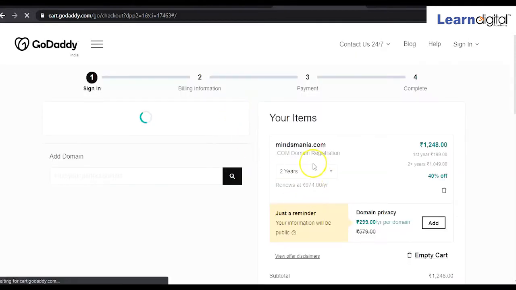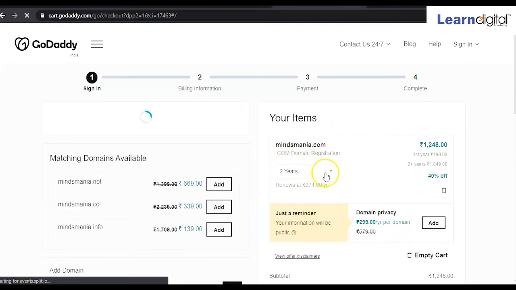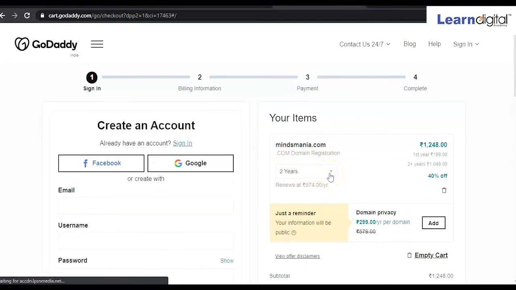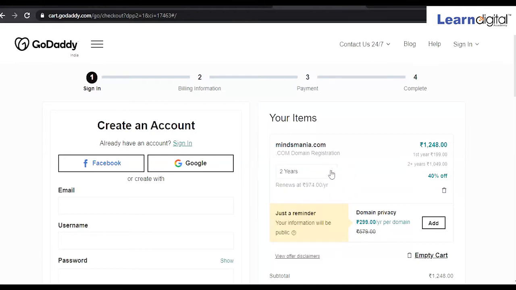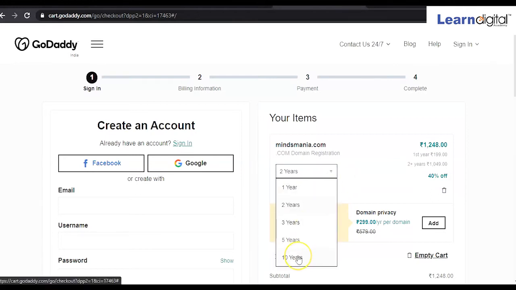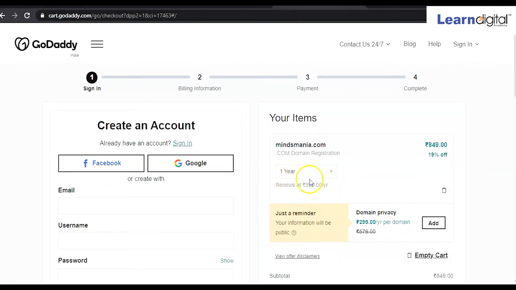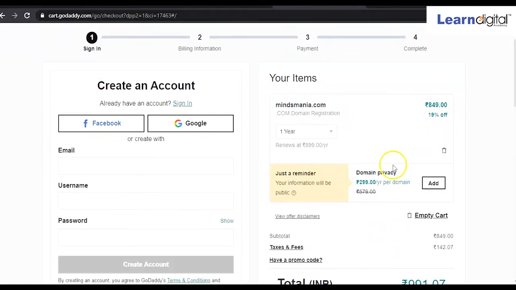So here now you can select the duration for which you want this domain. Either you want it for 1 year, 2 years or 10 years. One domain we can purchase for a maximum of 10 years, right? So now suppose you select 1 year over here. So right now, including tax, you have to pay 849 rupees.